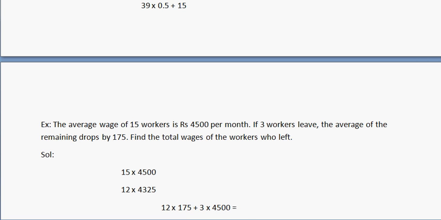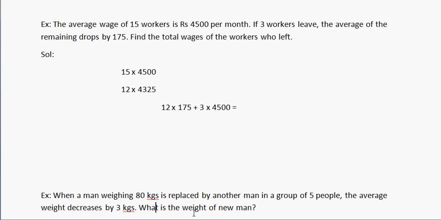So even if you don't understand how much each is contributing and all that concept which we discussed in the previous questions, just write the total wages and try to minimize the calculations as we did in this case, right? So try to minimize the calculations as far as possible. Let's go to the next question,